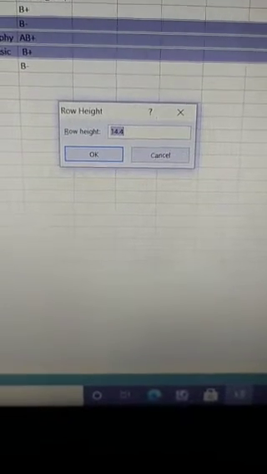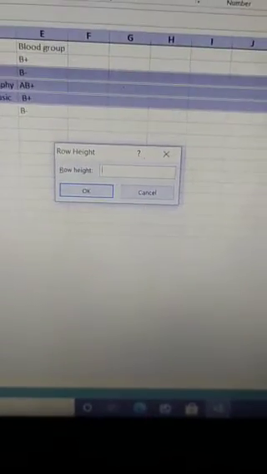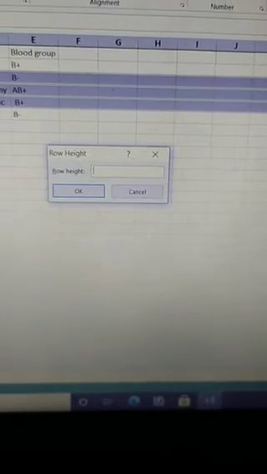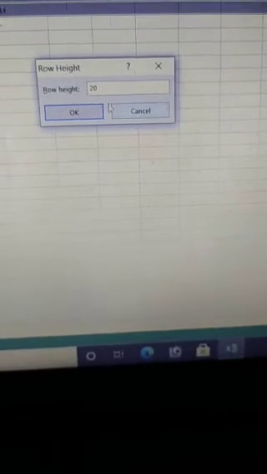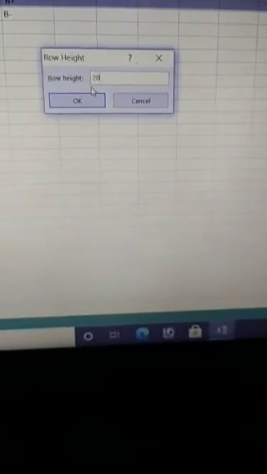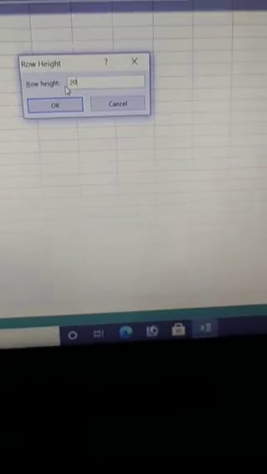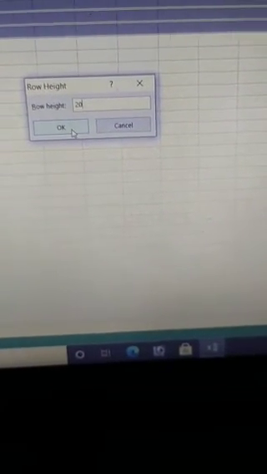I can change this by pressing backspace and typing the points I want. I have typed 20 because I want to give the row height 20 points.